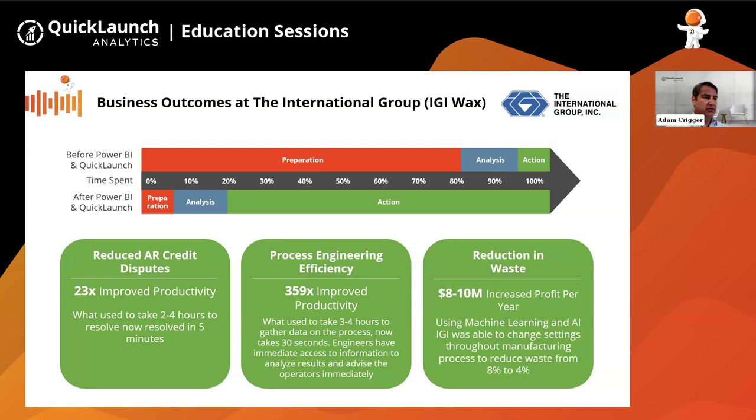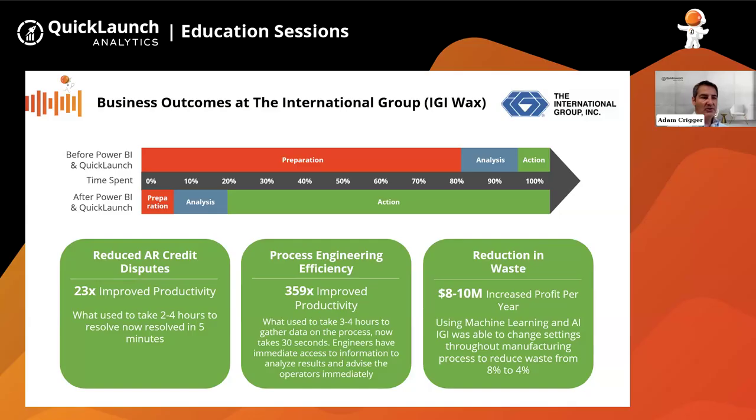Carrying on to the second one down there, on their operations line, it's the same kind of thing. The process engineers would take a few hours to get the information. So when something wasn't going just right, it was 3 or 4 hours into something that's not an optimal process before they could resolve it. And now, within seconds, they're able to get that and transition immediately.